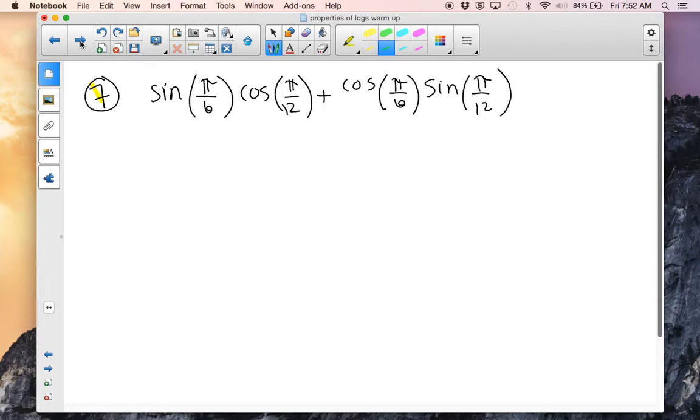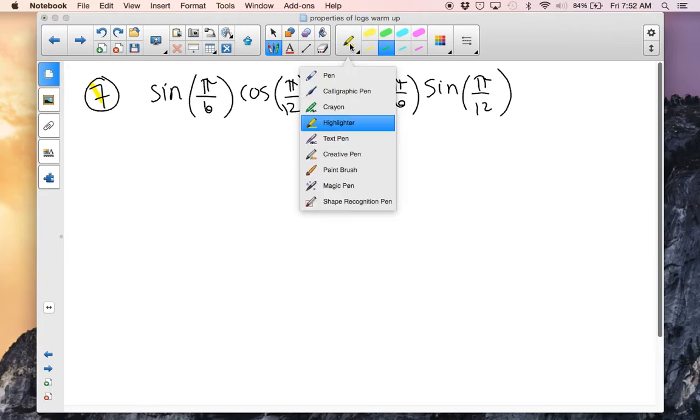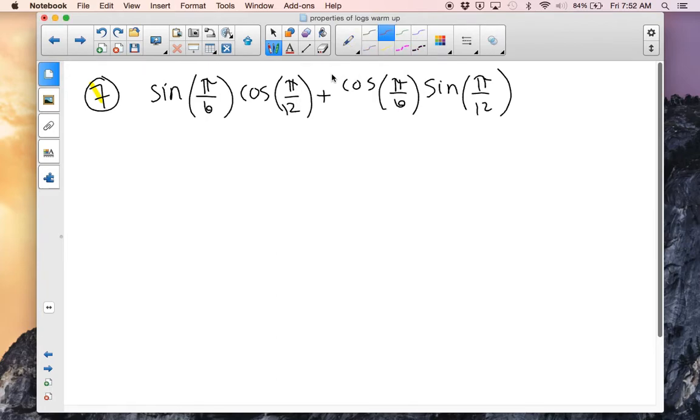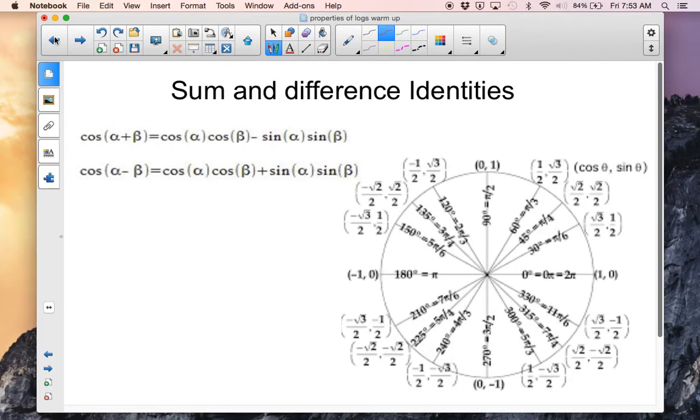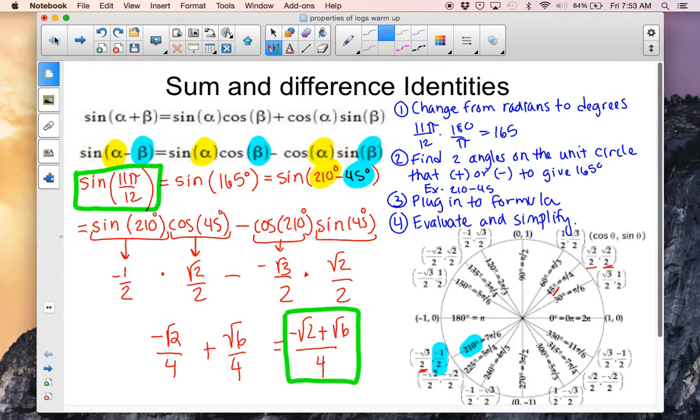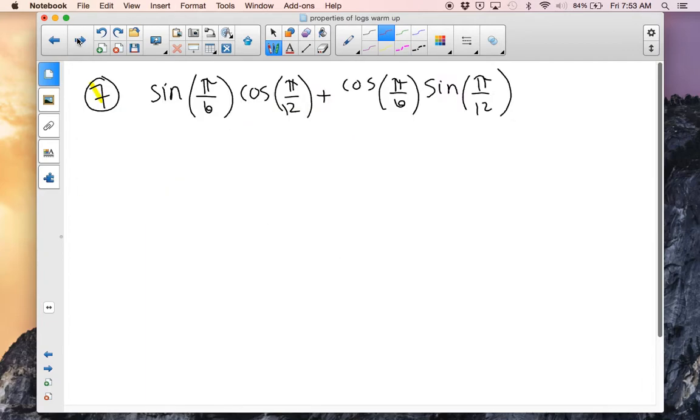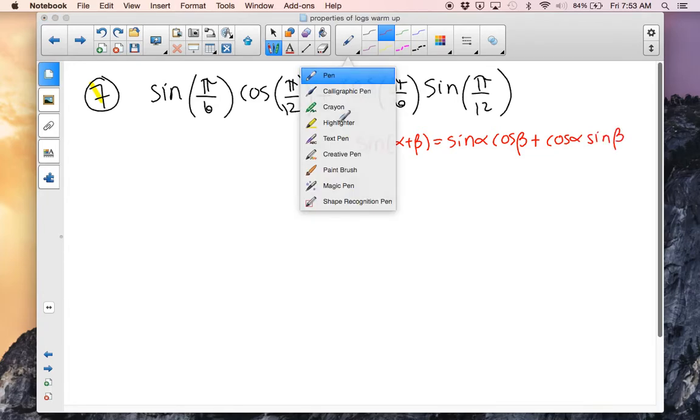Okay, next one I want to look at is number 7. So number 7 is kind of working backwards. If you look at this problem, what you'll notice is that it looks just like the sine formula. Okay, sine of alpha plus beta. Sine alpha, cosine beta, cosine alpha, sine beta. Okay, so this looks just like sine of alpha plus beta equals sine alpha cosine beta plus cosine alpha sine beta. So if you notice, what's happening here is your alpha